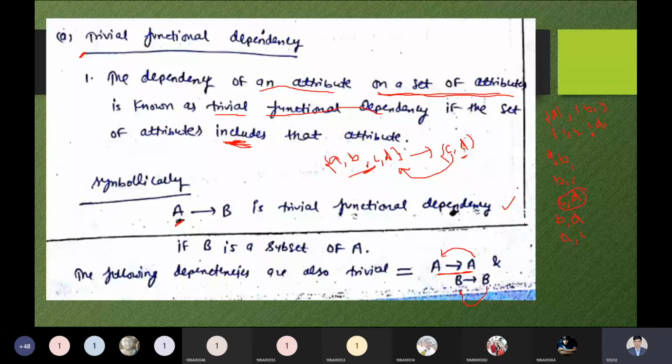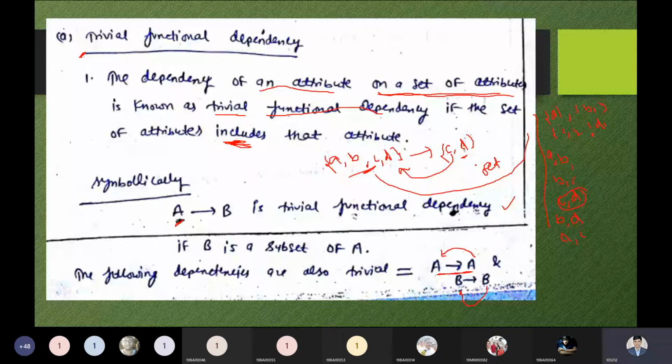So we can say it is a trivial functional dependency. You can understand this concept by distinguishing it from the non-trivial functional dependency, then you can understand in a simple way. Please tell me any doubt over here. These are the various lists of the sets, set elements I can say.